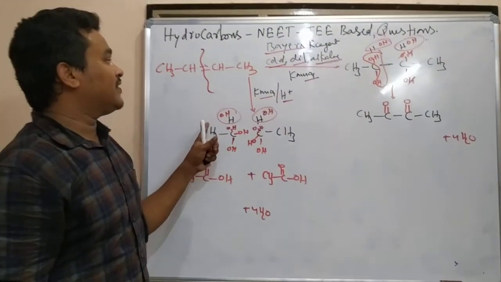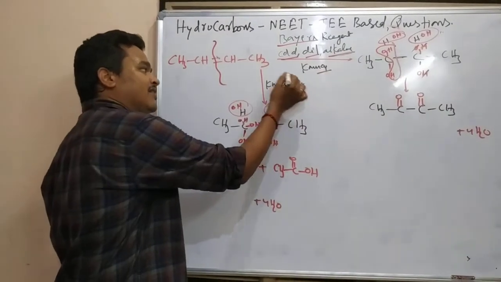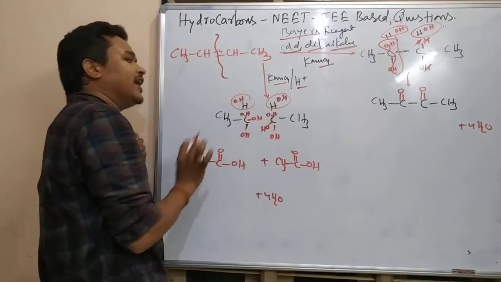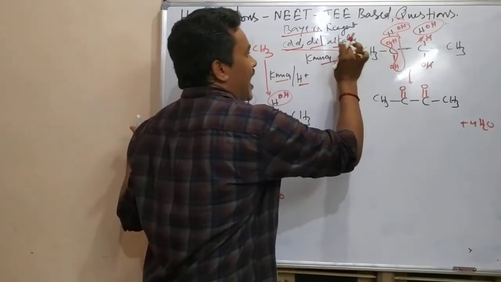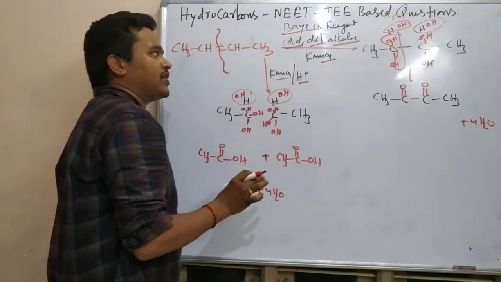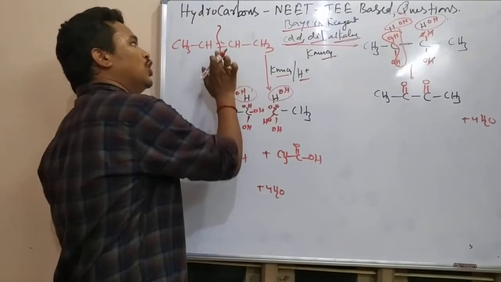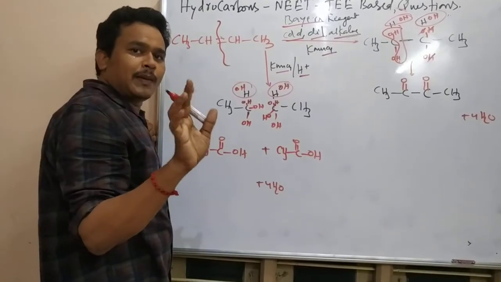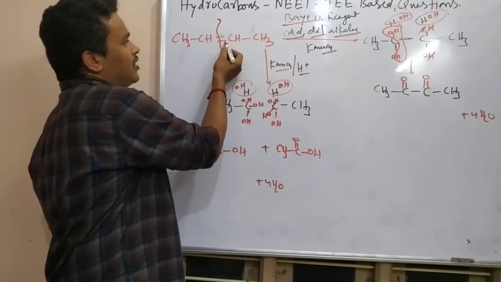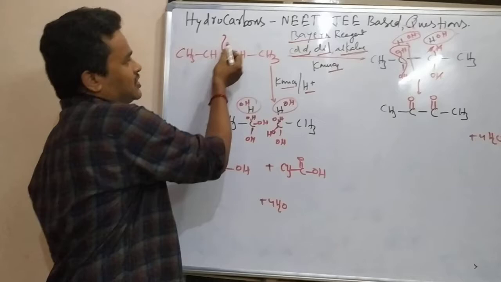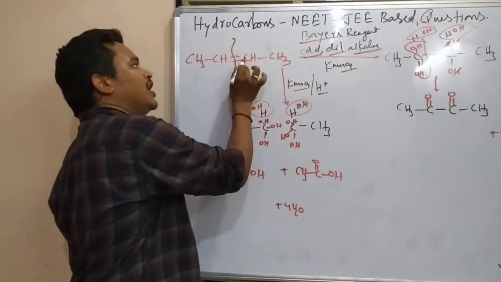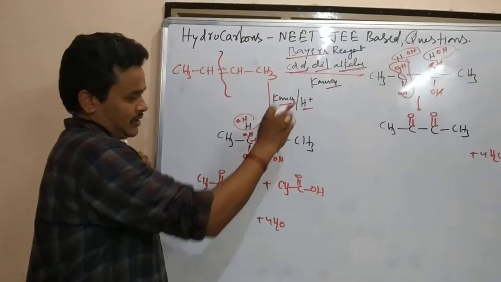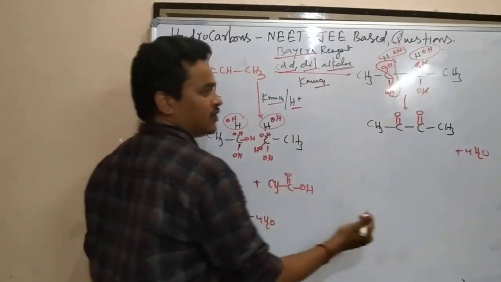Like that. The only difference you have to apply is whenever acidified KMnO4 you are seeing, wherever unsaturation is there, completely you break it. If alkaline KMnO4, cold dilute alkaline KMnO4, otherwise Baeyer's reagent is there, don't break this C-C sigma bond. Remaining all the bonds you break. Meaning the pi bond, and this CH bond, this CH bond. What are the bonds related to these two carbons you have to break. That is the difference between these two. Observe carefully.